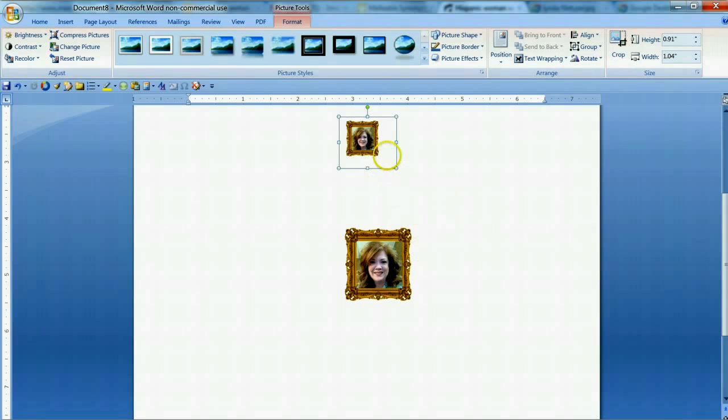Or let's say that I don't want this frame to be on the picture any longer. I just want Linda's picture alone. So I click crop again. And all you have to do is just go a little farther this time. Crop off the frame on the right hand side. Crop it off on the left. Crop it off at the bottom. Crop it off at the top.